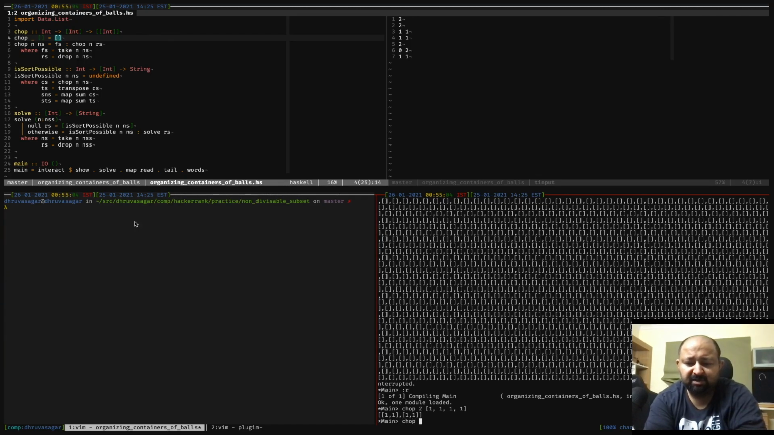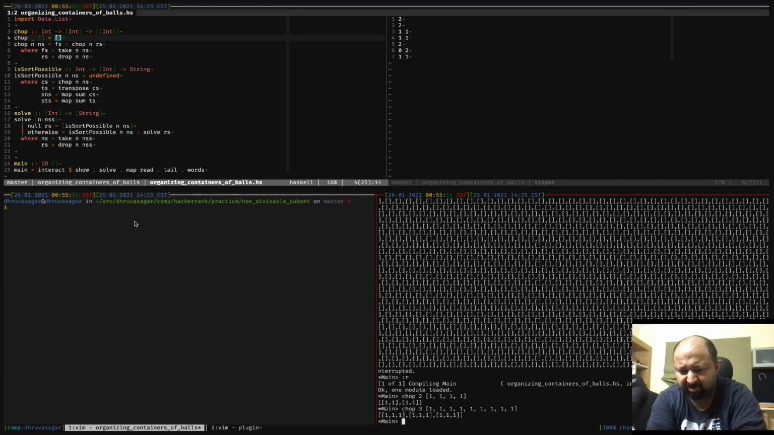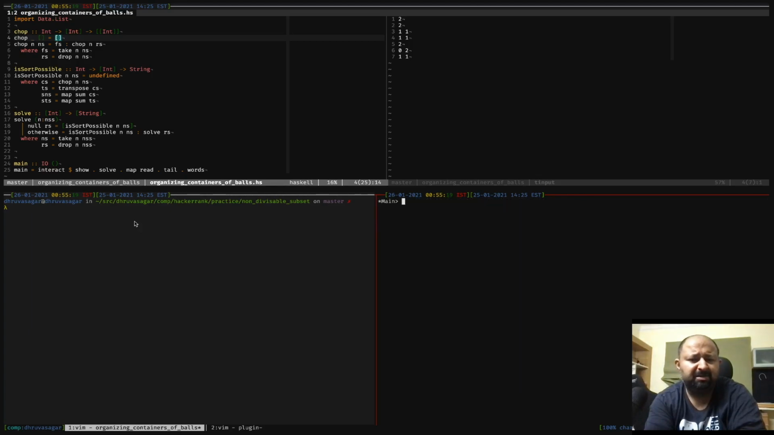Let's, for the sake of argument, try it on 1 1 1 1 1 1 1 1 1, and that gives you a two-dimensional 3 by 3 matrix. So the chop function does its job. Now what we want to look at is, what does